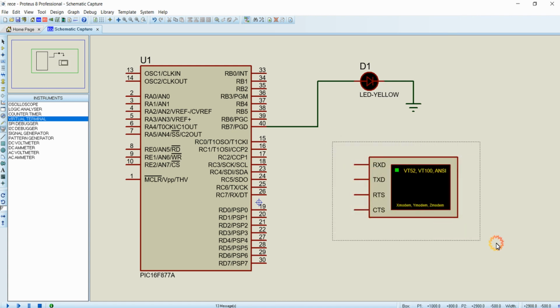This virtual terminal acts as a serial terminal and can be used as a substitute for all the devices that are working on the UART bus. Whatever the device is, if it is functioning on the UART communication protocol, then you can simulate it using this virtual terminal available in your Proteus.